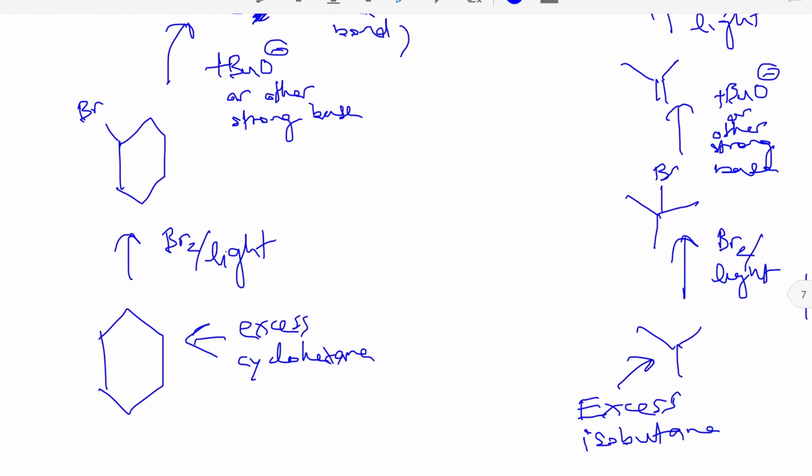To prevent that from happening, in synthesis, we can have a large concentration of cyclohexane, and this will reduce the amount of repeated brominations that occur. So if we have a lot of this initial product, it prevents that. Okay, so let's think